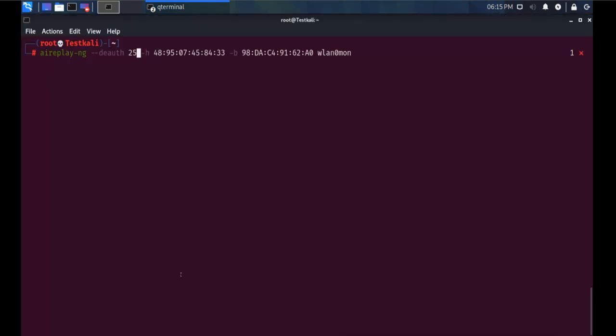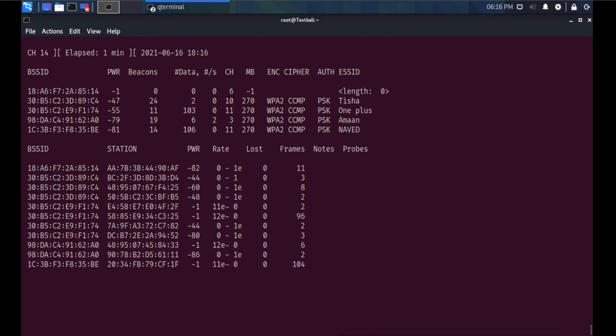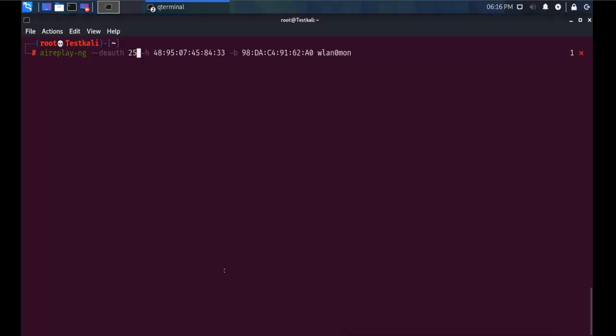Okay, I think it is out of range. So this is the one which is connected to that AP. We can see here now it is connected. Now what I will do, I will send these deauth packets.